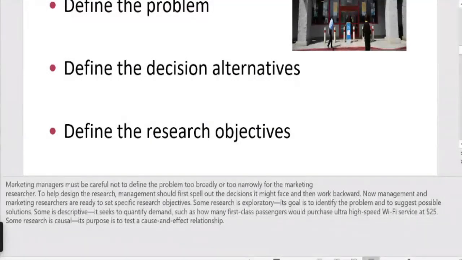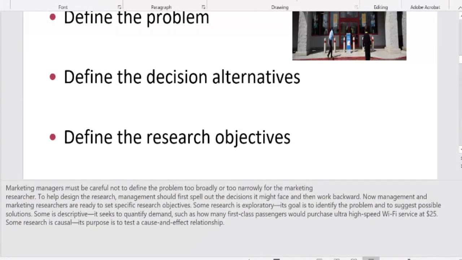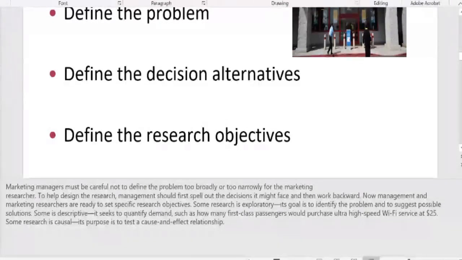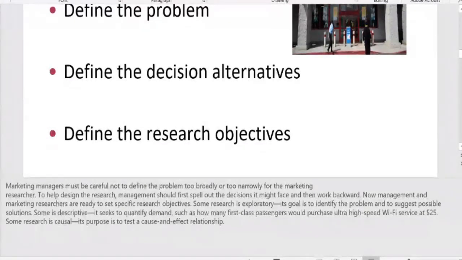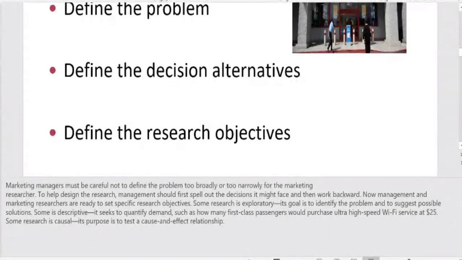Now, causal research means cause and effect. That is, if this happens, then what? If this happens, then what? Let's say, for example, if I use a specific type of flavor, how many people will buy this sort of product? If I use another sort of flavor, how many people will buy this flavored drink? So effectively, this is causal research. So you can have exploratory research, you can have causal research. Now, these exactly are going to define the decision alternatives and also define the research objectives. That happens to be the first important aspect.